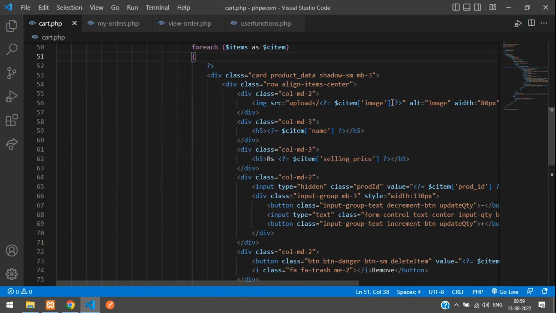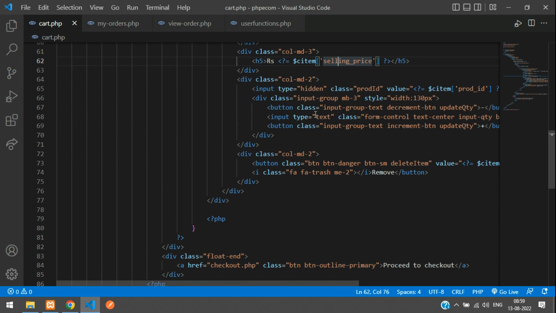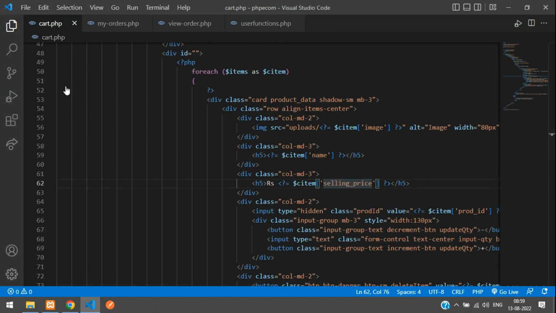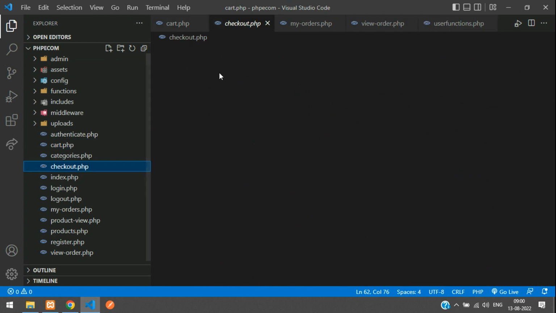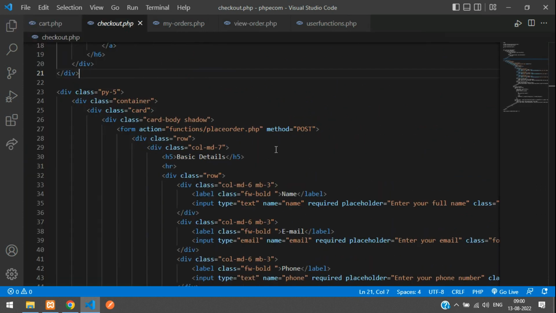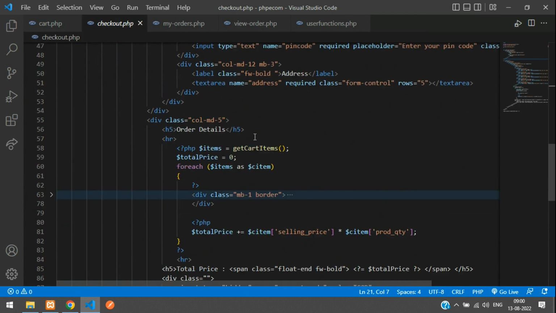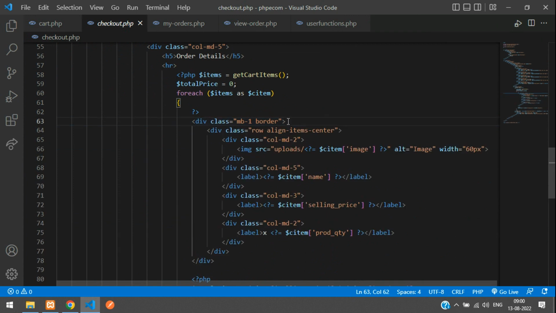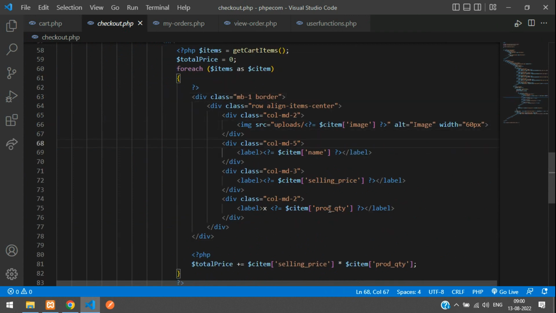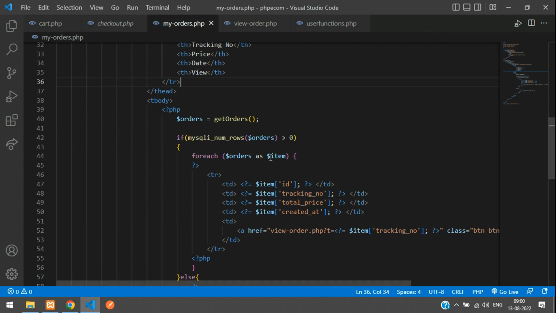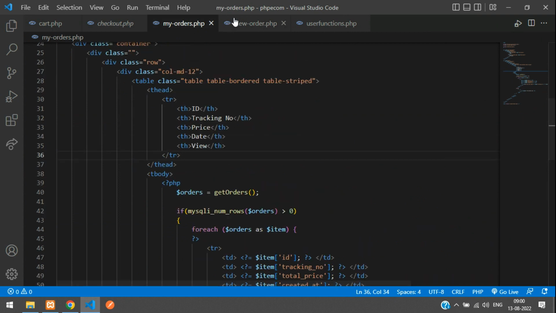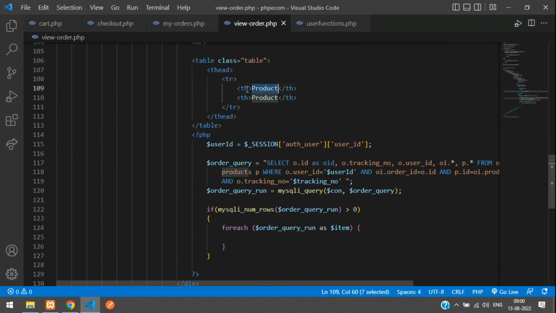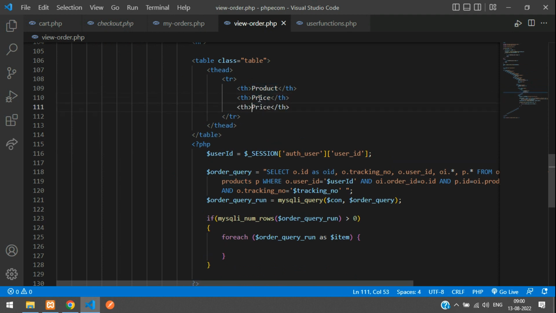So we had the product image and name, then the price, not this one, the checkout page. Let's go to the checkout page. Over here, yeah, so the image, name, price and quantity, right? Can keep it as image and name, will keep it under the same thing, and the price and the quantity. Okay,